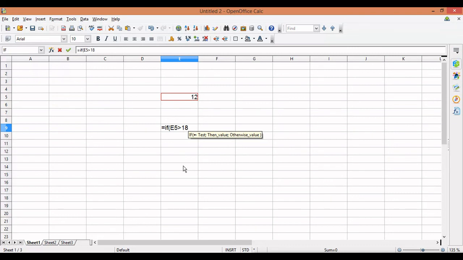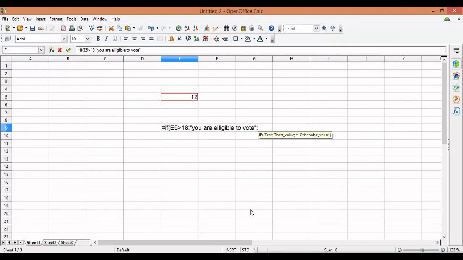Now the second argument, I am separating with a semicolon. Now if this is true, then print this. What? I'll say you are eligible to vote. Now closing this. So this is the statement I want to be printed when this condition is true.